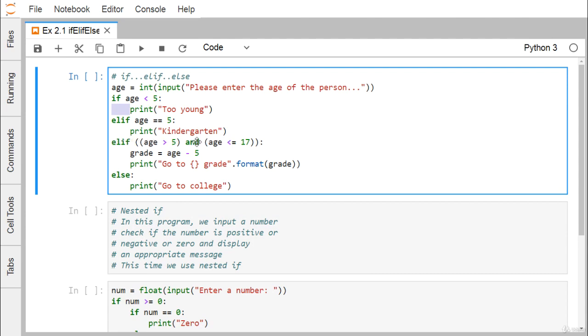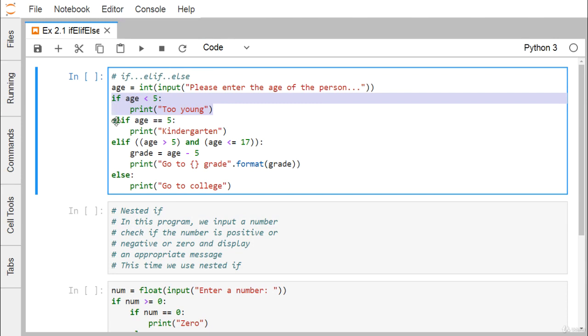So here we have two conditions connected with and. If both conditions are true, then the control will come to this block for execution. Otherwise, the control will come to this block. In this if, elif and else, the elif and else blocks are optional. We may or may not give them. Else will be the last block. After else, we cannot have the elif. But the if is mandatory. If we write any conditional statement, if is mandatory, but elif and else are not mandatory.